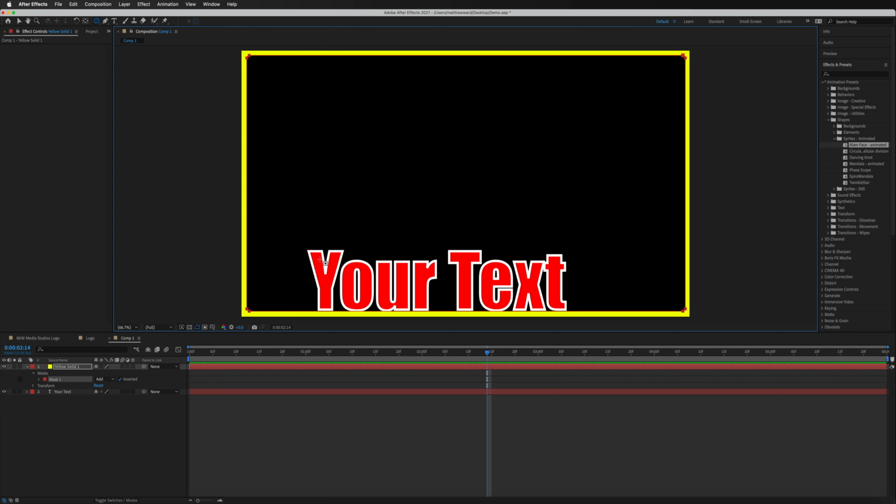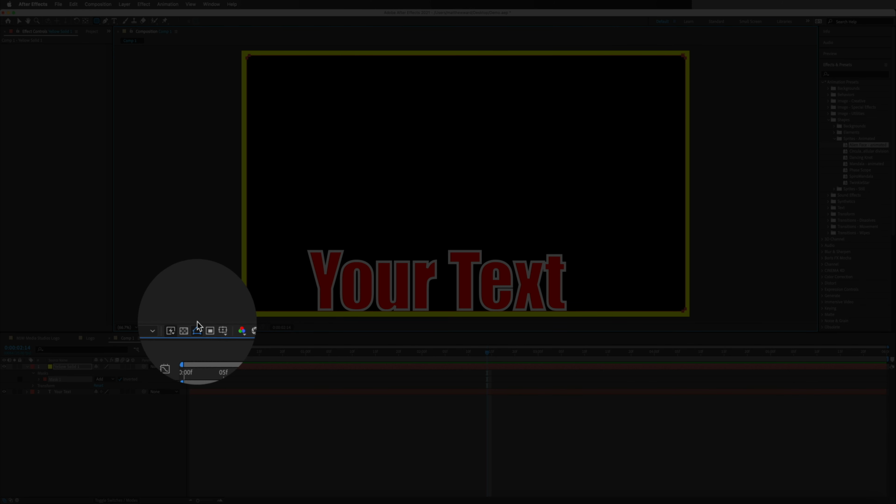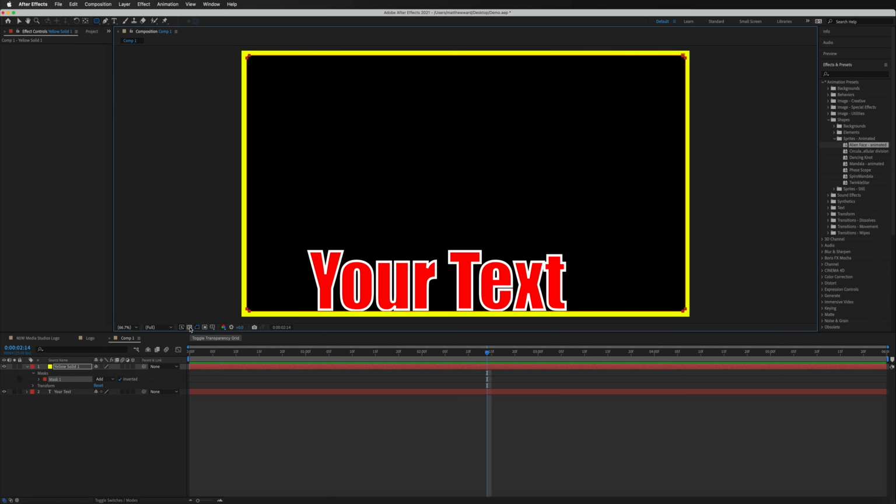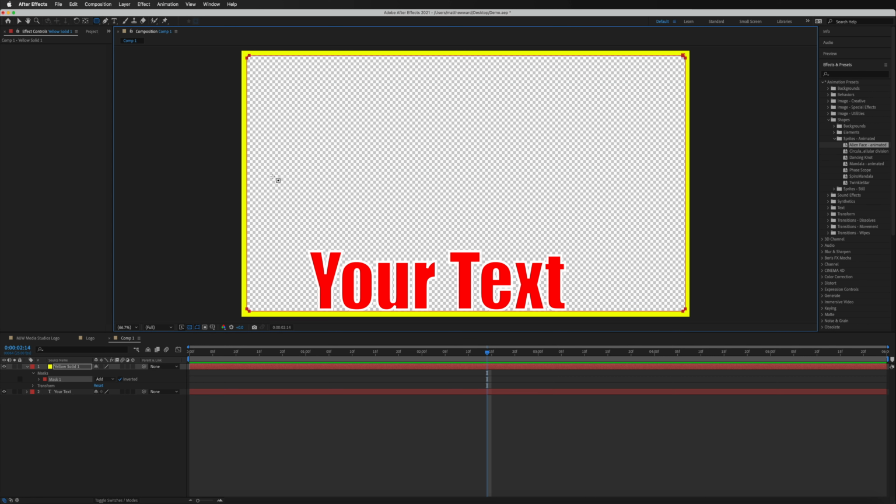And one thing I want to quickly note is that even though this is solid black inside of our shape right here, in reality, it's actually transparent. It's only black because we assigned that color to work with it. If you want to put this back to being transparent and work with transparency, then just come down to this little menu down here inside of our composition, and we've got this little box with these little check boxes inside, kind of like a chessboard, and just go ahead and select that, and now you can see that black disappears and the background is transparent. However, I always find it best to work with a solid color in the background just to make your design a little bit easier to see on your eyes. So I'll go ahead and re-enable that.